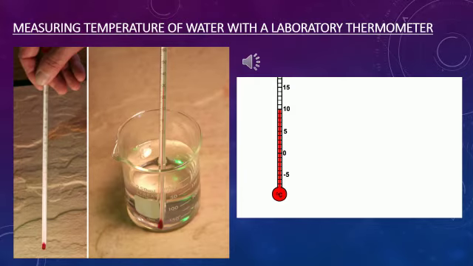To measure a temperature of water with a laboratory thermometer, we have two activities to be performed. Okay, it is given in your textbook as well, page number 38 and 39. So activity 4.4 explains that we should take some tap water in a beaker or a mug. Okay, and taking this laboratory thermometer, we need to dip it in water so that the bulb is immersed in water but does not touch the bottom or the sides of the container.